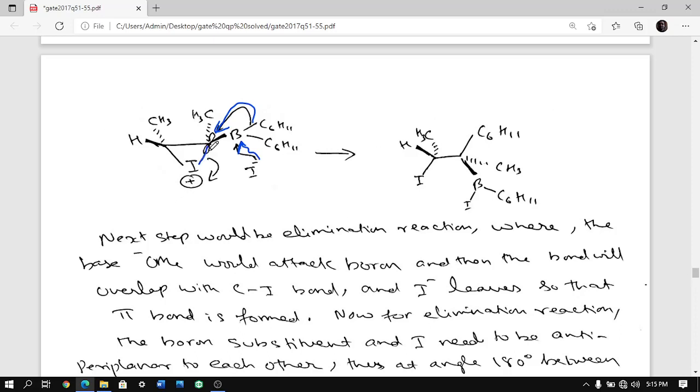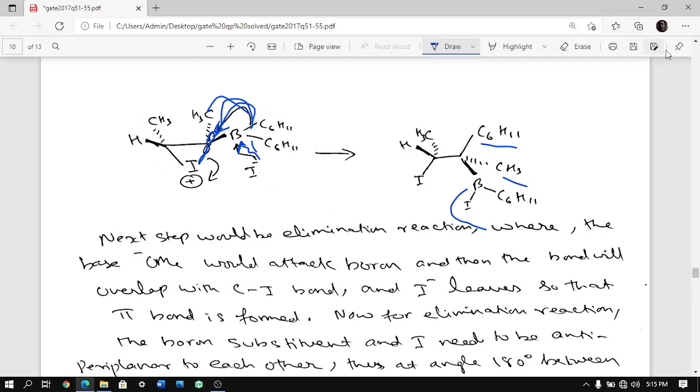This carbon iodine bond is in plane, and therefore the anti-bonding orbital is exactly 180 degrees, which is behind both of them. So this will go and attack here, and this will come in the plane and will push both of them. So what happens, C6H11 comes in the plane, it pushes this front, it remains towards the viewer but it goes down, and this also goes down. So it is pushing them down basically. Yeah, I hope it's very clear. The iodine is attacking here, and so this is coming in the plane and pushing both of them down. So it is coming down, right?